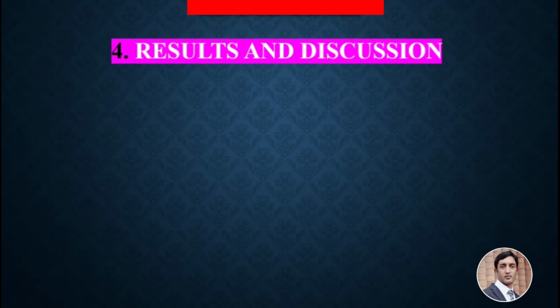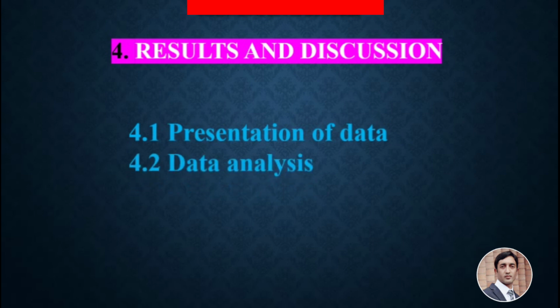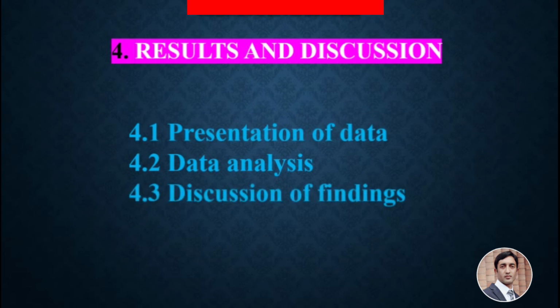Once we have finished collecting and analyzing our data, we can start writing up the results section of our thesis. In this section, we report the main findings of our research and briefly observe how they relate to our research question and hypothesis. In this chapter, normally we first show the descriptive statistics of our data. Then we present the output of different results such as correlation, regression, chi-square, and whatever test we are using. In quantitative research, it's often helpful to include visual elements such as graphs, charts, and tables, but only if they accurately reflect our results and add value to the story that we are trying to tell.